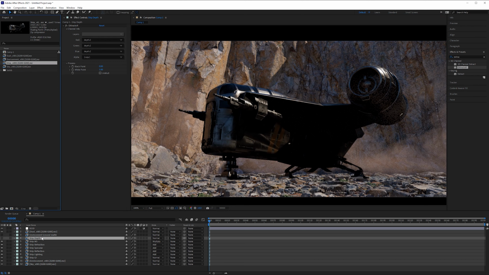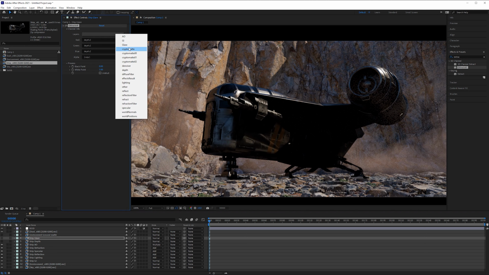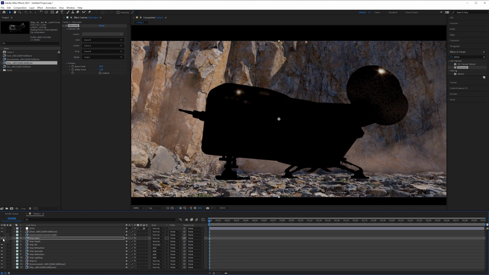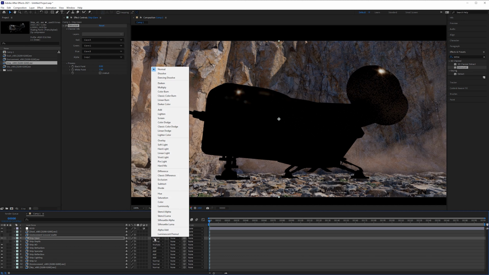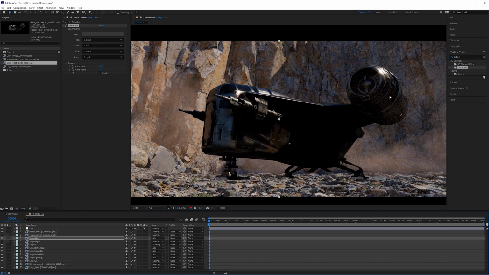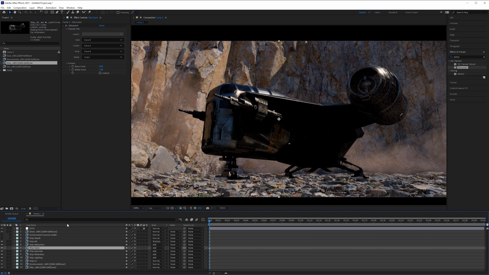Nothing's going to appear to change, but now if you duplicate the topmost layer there, the ship depth, type in ship glare instead, then in layers, you should now have a glare AOV. Click on that. And then you have glare, that will be added. And now you have glare. I'm going to place this above my specular right there, but it doesn't really matter. You can place it wherever.